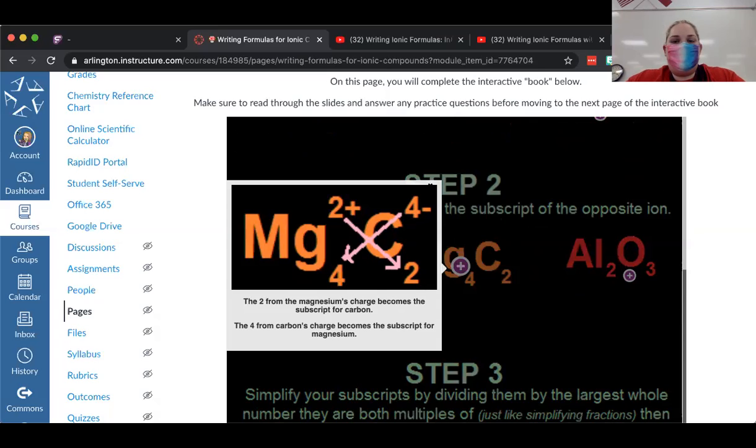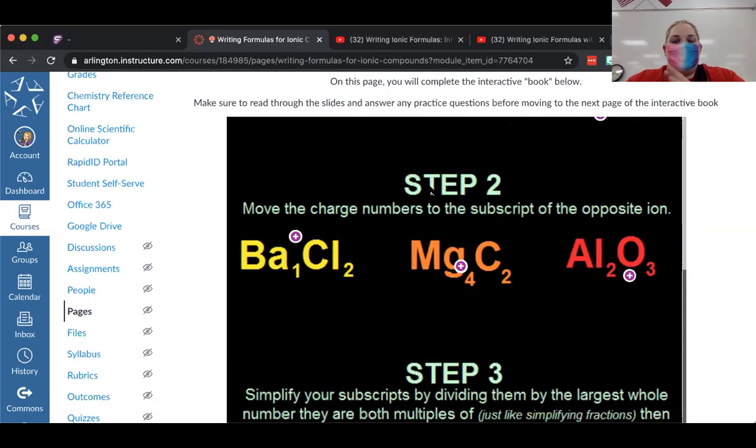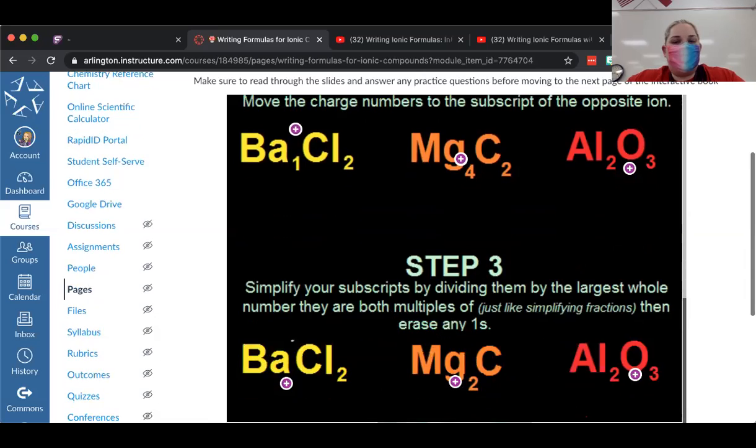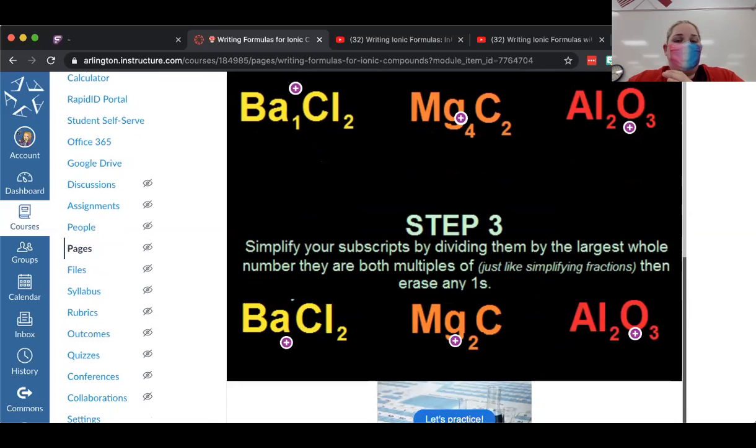The 4 on the carbon came down and became the subscript for the magnesium, okay? Notice again, we did not move the charges. There's no plus or minuses when we write the formula down here. We just have the numbers. So if you do this crisscross method, the last step is you have to do what we call simplify or